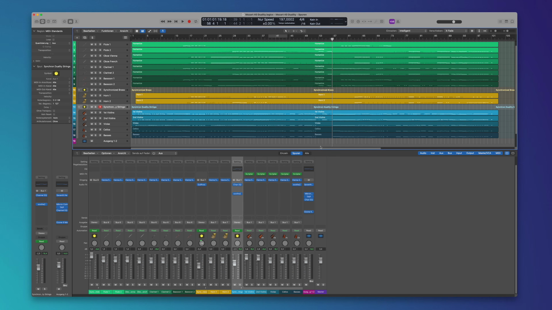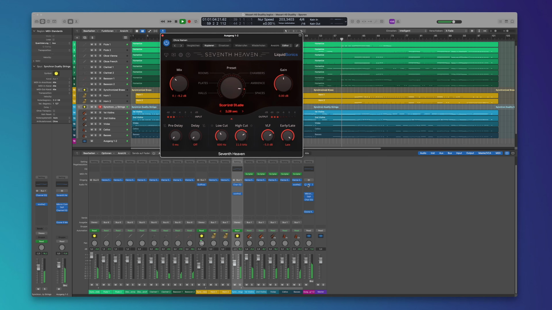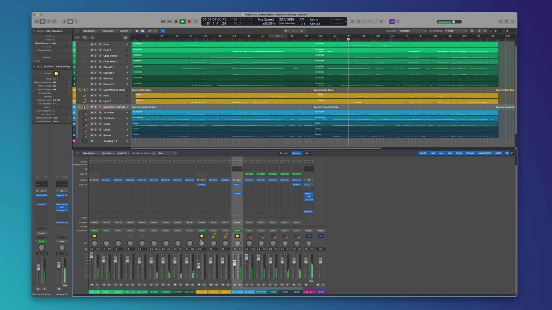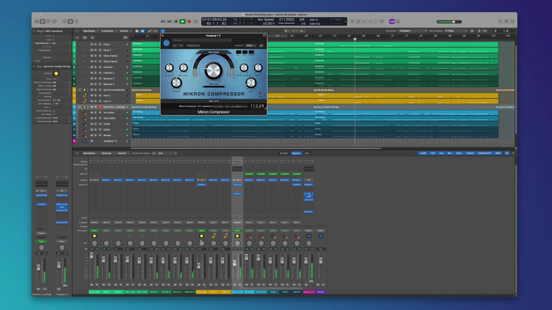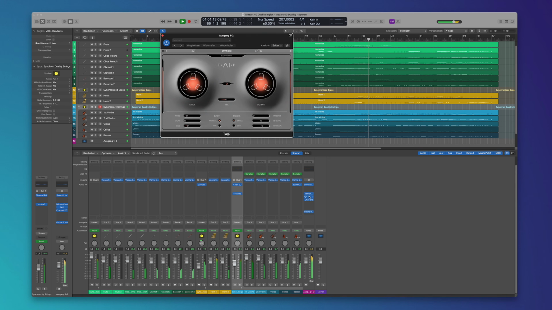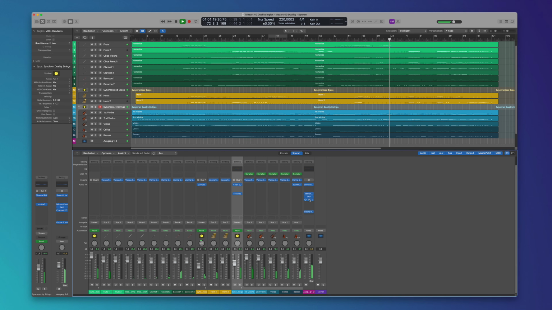That's it for my bad mixing, here's my bad mastering. I drowned everything in 7th Heaven reverb because it sounds nice. Then I slapped a compressor on there with a 12% mix. Then I used the tape emulation because it sounds warm and I kind of liked how it pulled everything together.